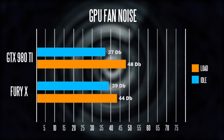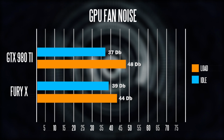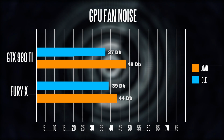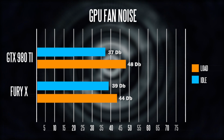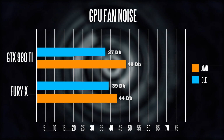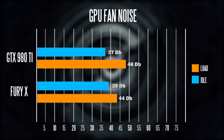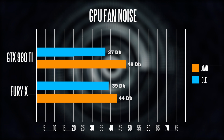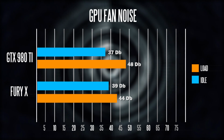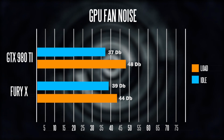silent during idle. Now, after 30 minutes of playing Far Cry 4 at 4K resolutions, the Fury X topped at around 44 decibels versus about 48 decibels on the GTX 980 Ti, so pretty big difference between the two, and certainly the fan doesn't really need to ramp up all that much on our Fury X, because it's pretty much on a consistent basis where it just needs to cool and dissipate the heat on the radiator itself. So you're always going to find, again, that liquid cooled graphics card will be quieter and cooler than the air